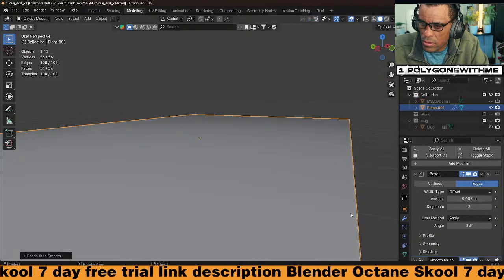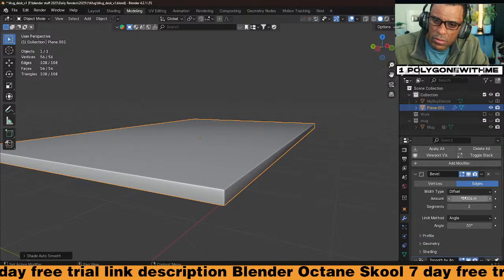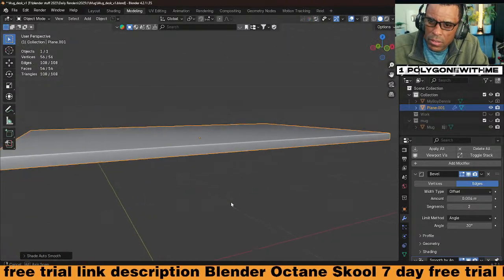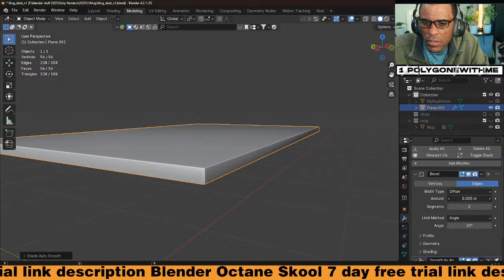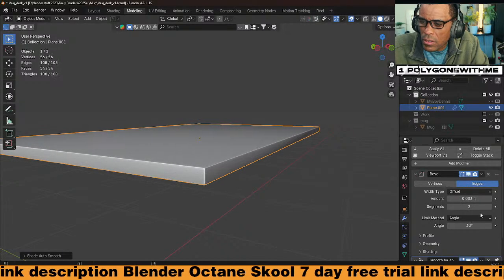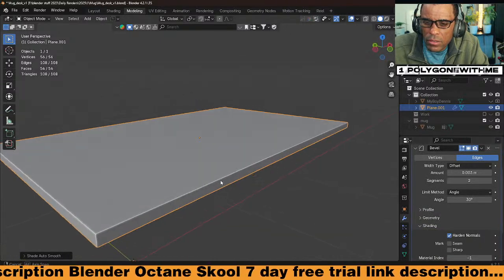Still too sharp. Times 2. Shading, harden normals. There we go.